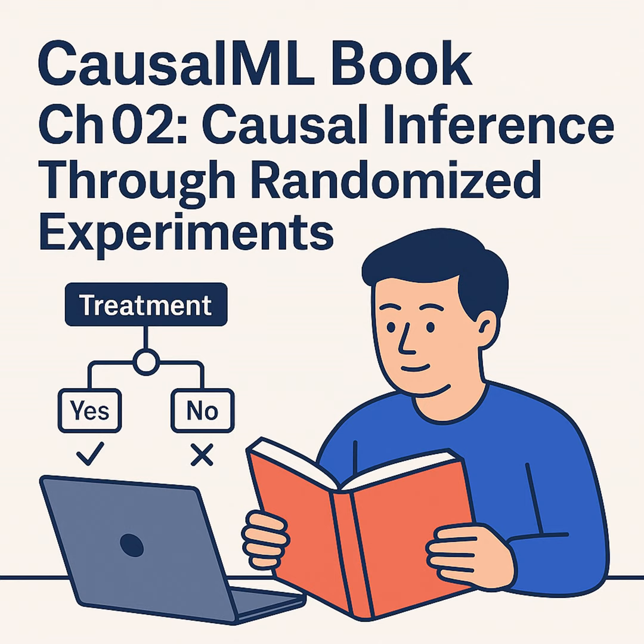The second is no interference. This one's crucial. It means my getting the treatment doesn't change your potential outcome. Ah, okay. Like with a vaccine, in theory, me getting vaccinated shouldn't directly change whether you would get sick if you remained unvaccinated, although we might come back to that later. Exactly. We'll definitely circle back to that nuance. But for defining the basic potential outcomes, we assume no interference.